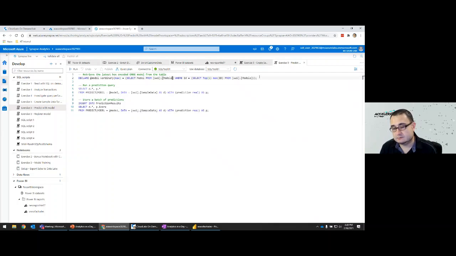You select that model from that table, and that model is stored as a varbinary, essentially like a big hexadecimal string that has been hashed.